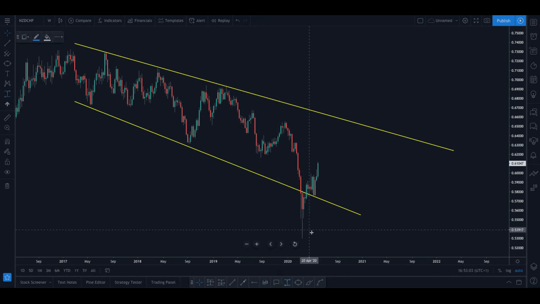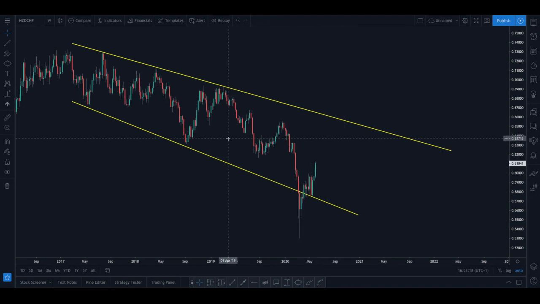And now we are moving up, we have rallied almost 1,000 pips, 820 pips since the low. And price looks like it will be continuing its move to the upside. Now,